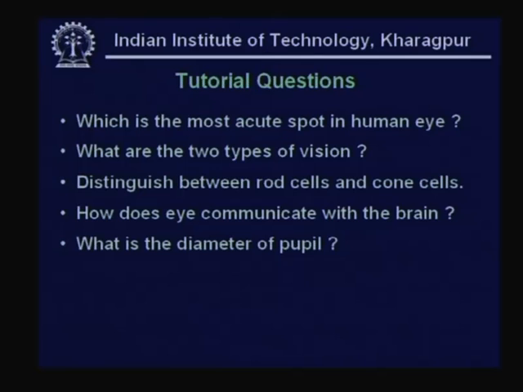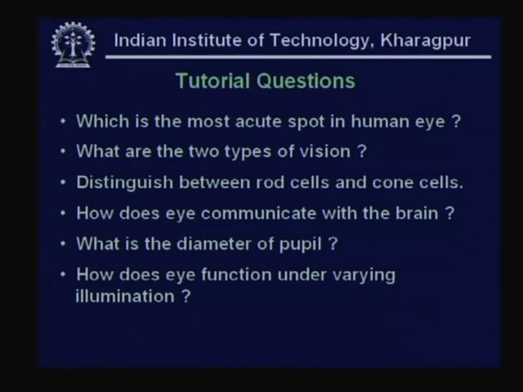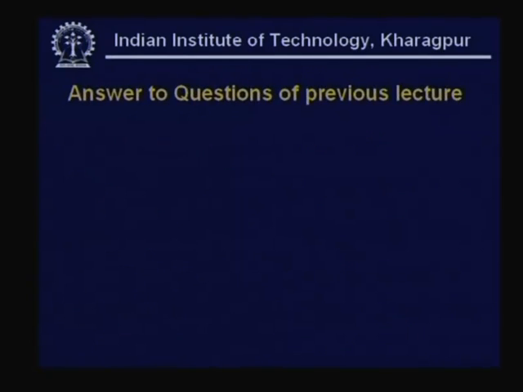5. What is the diameter of the pupil? 6. How does the eye function under varying illumination levels? 7. Why is the red color used for a traffic signal to stop? Now, before we close, let us look at some of the answers to questions in a previous lecture, lecture 2